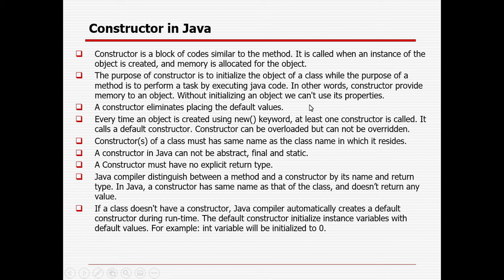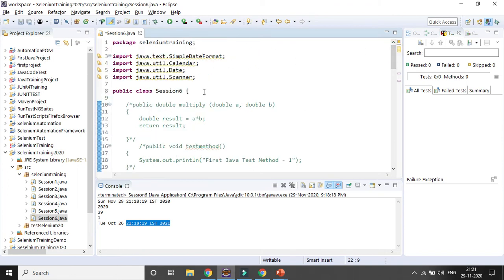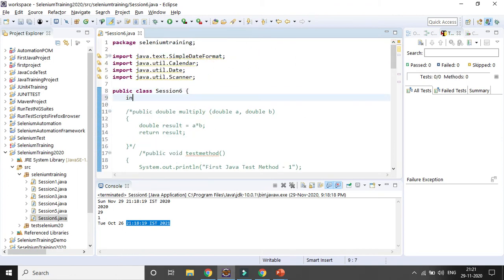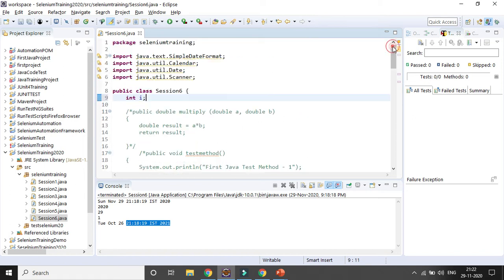A constructor places the default value. So in case you are not defining anything, with the help of the constructor you can get the default value. Suppose here I am declaring a variable, simply an integer, and I am not defining anything. If I want to access it, I need to create an object or instance.